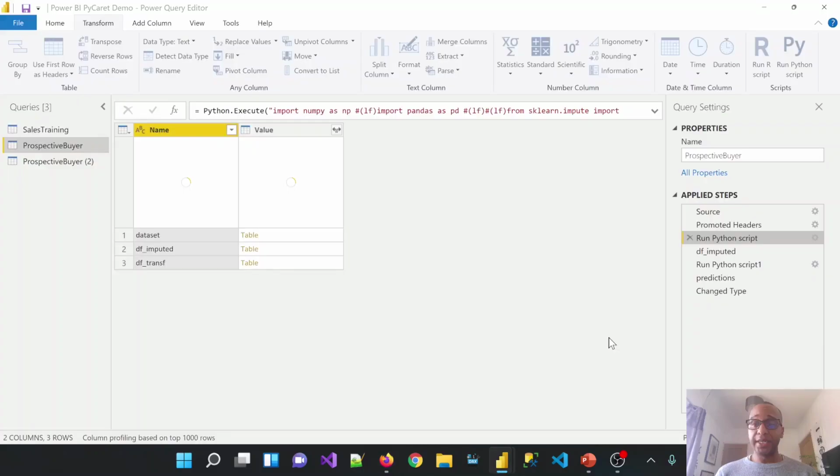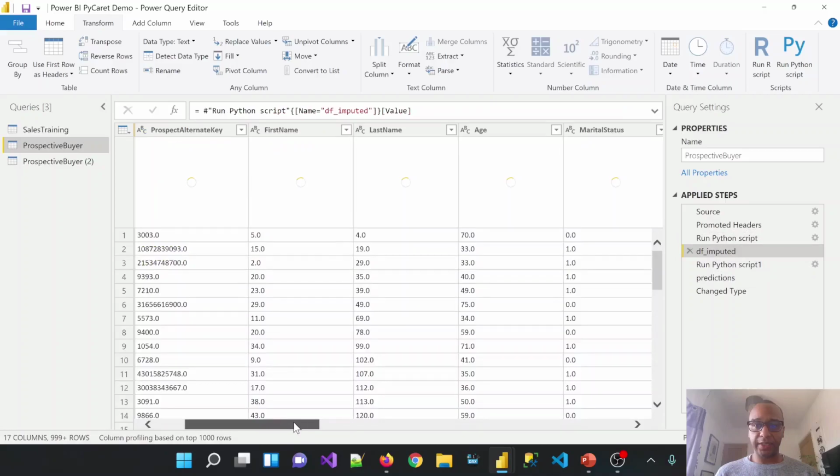Now what that will do, exactly the same as previously, is present you with all of the data frames from that script, and the one that we're interested in is df_imputed. So go ahead and select that table to expand the results of that script, and once again we can see that all of our values are now being encoded as we go through, ready for the machine learning model to be run within it. So at this point you can go ahead and run the Python script, which again will